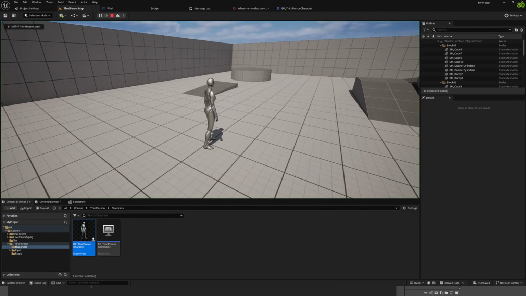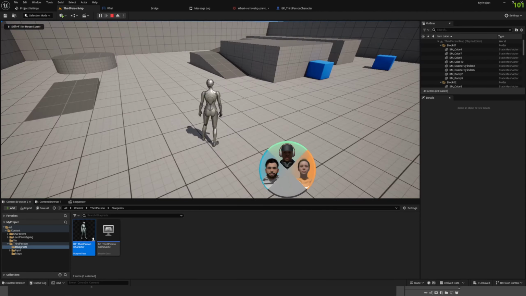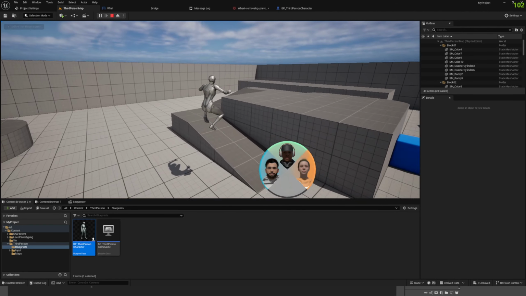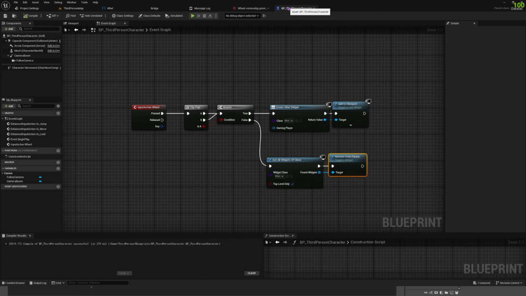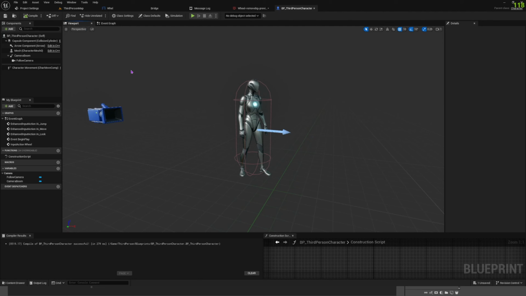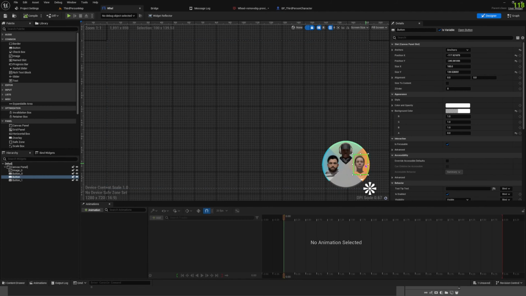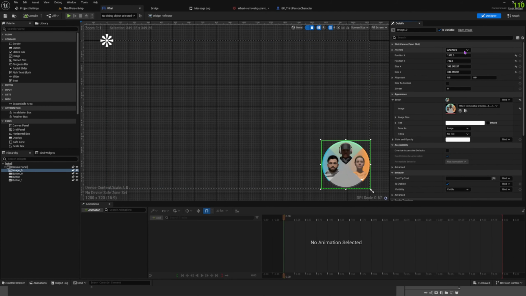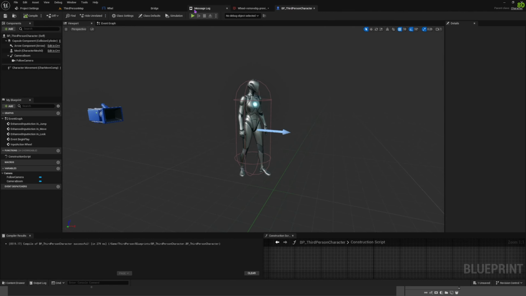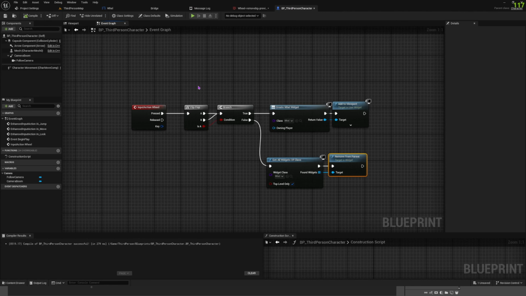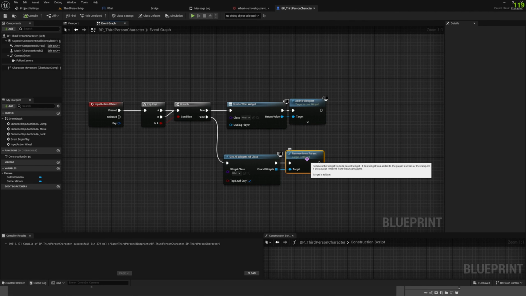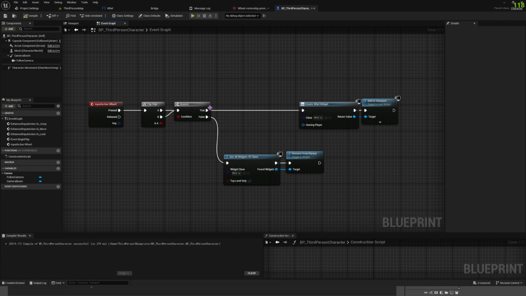Now you can open it, press Y, and once you press Y, oh no, it doesn't work. Oh, sad, eh? Because you didn't do this one thing. All you have to do is quickly anchor this. I'm going to quickly do that because you saw how it was. And one thing also you want to do is go back to your event graph, and then you can keep it set